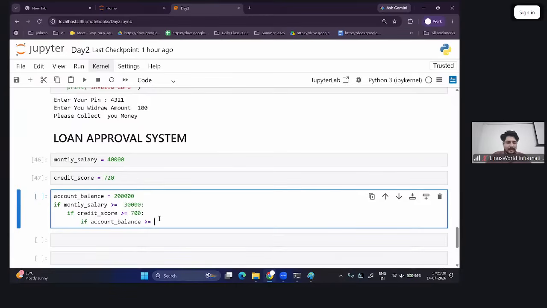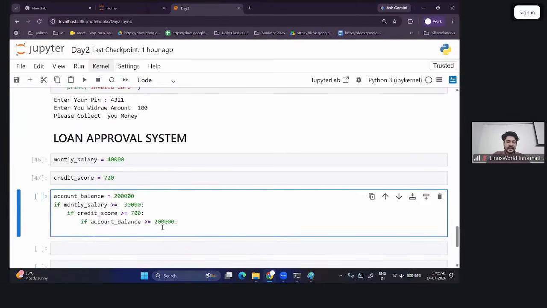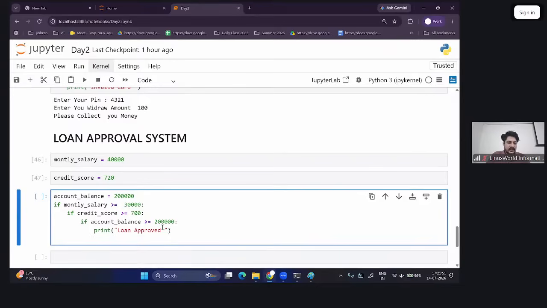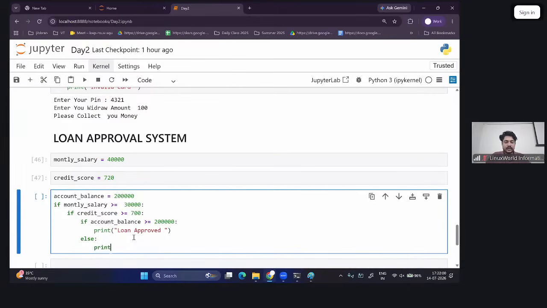So just a random check, I'm doing it. So account balance is greater than or equal to maybe 2 lakh rupees. So it becomes unit, tens, hundreds, 1,000, 10,000, and then 2 lakh rupees. So if three conditions are satisfied, then only tell the person loan approved, right? Else, if the balance is less than 2 lakh rupees,